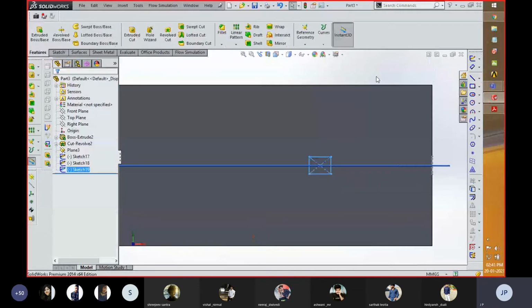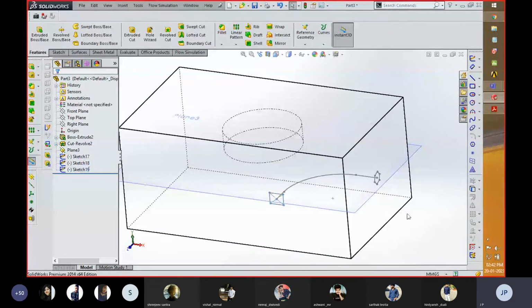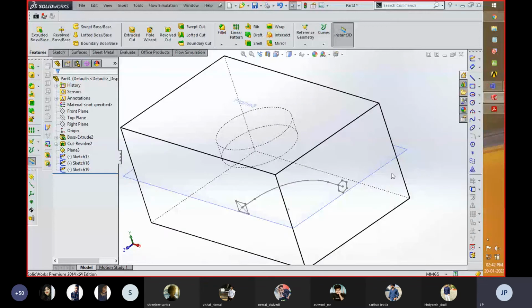Okay, then okay. Now over here you can see that if I keep it in wireframe mode, two profiles are available in this workspace: this is the rectangular one and the other is the circular one. Or, sorry, this is hexagon. So you can remove material with respect to two different profiles with the help of this lofted cut. I'm going to select the two different profiles which I created. I'm going to check that this is actually the sketch. So these sketches are selected.